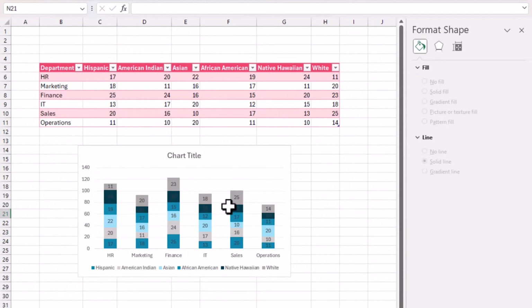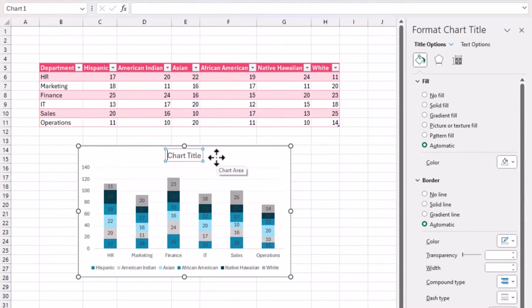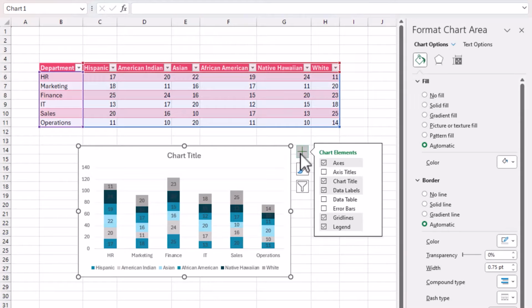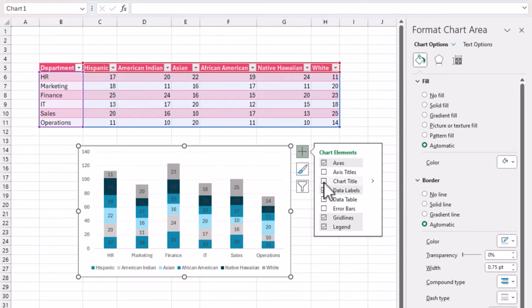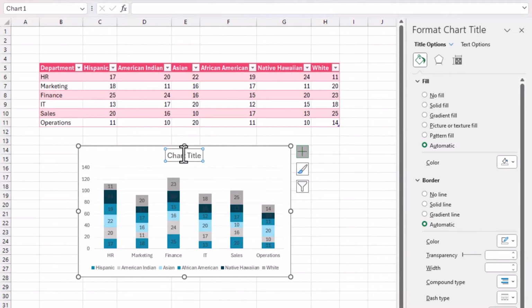I'm going to choose a lighter color. And then I'm going to update the chart title. And in case you don't see the chart title option there, you can click on the chart, go to the plus and make sure that the chart title is selected. If it is not selected, it will not be there. So select it. And then I can type in